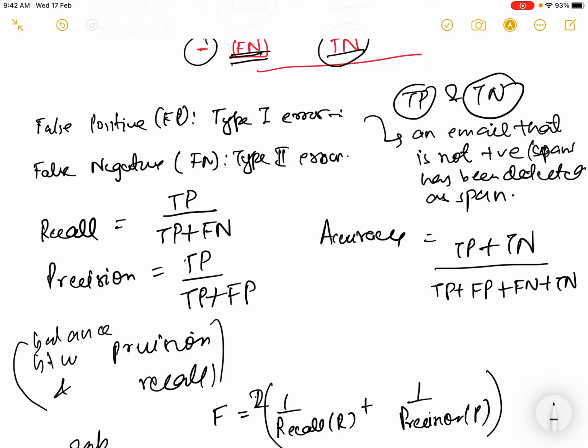Now let me give you an example of false positive and false negative. Say you have a spam detection problem, as I told you earlier. By false positive I mean that an email that is not spam has been detected as spam. That is a point to be worried about, because you may miss an important email. In this approach, the cost of a false positive is high, because you may miss an email from your boss if you use this algorithm. Then you won't use Gmail, I guess. So here the cost of false positive is high.